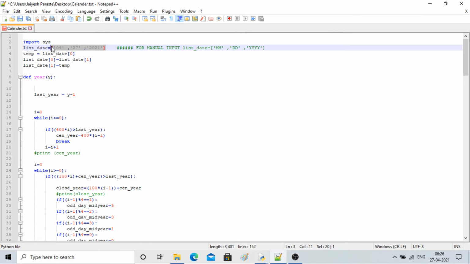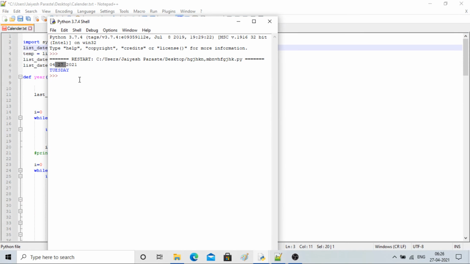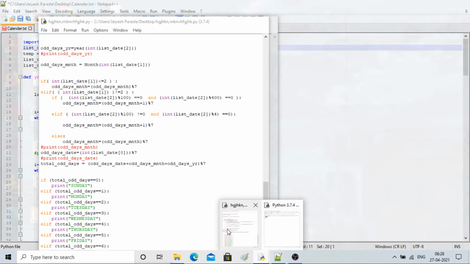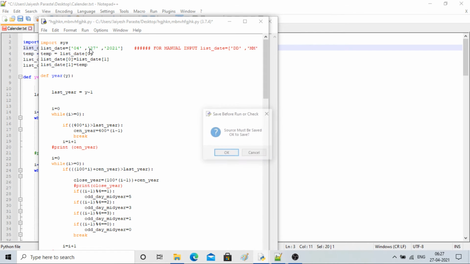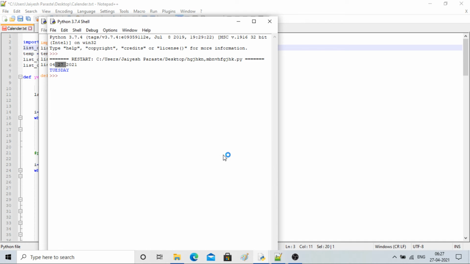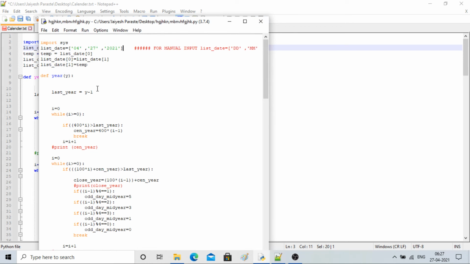Okay, so I'll copy it and give it to my IDE, which is here, like this, and it should work. Tuesday, yeah. So input has to be given in mmddyyyy.